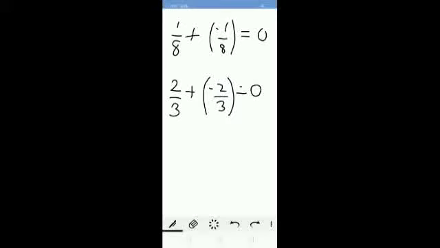Right? And now I consider one negative number, minus 4 by 5. Now I want to get my answer as 0. So what number do I add with minus 4 by 5 to get answer 0? Yes, a positive number, so 4 by 5. Similarly, minus 3 by 8. What number do I add to get 0? Here it is a negative number, so I take the same positive number. Then only can I get the answer 0.